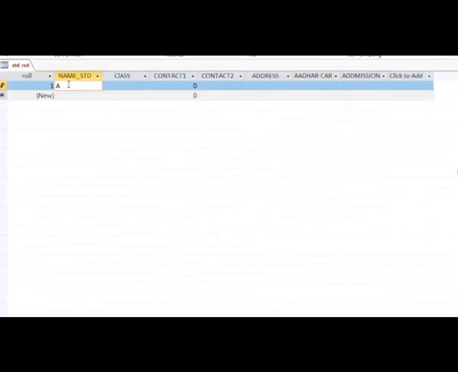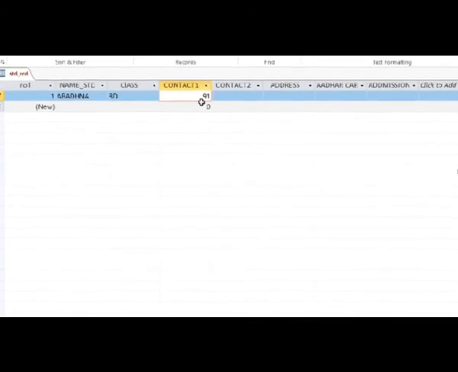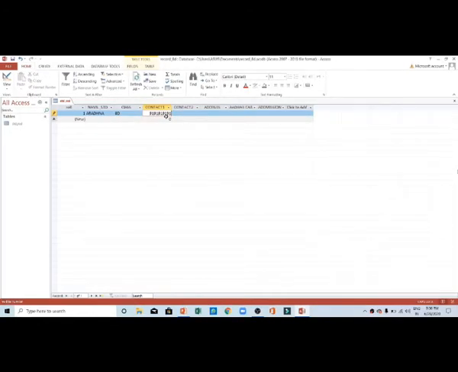Now this is the window of datasheet view. Name of the student, type. Now let us start the entries, then class 8th D, then contact number. Check, children, while I'm typing 1 2, just check the digits. I have typed 11 digits, 1 2 3 4 5 6 7 8 9 10 11, correct? And now if I move to the next field, just see what will happen.